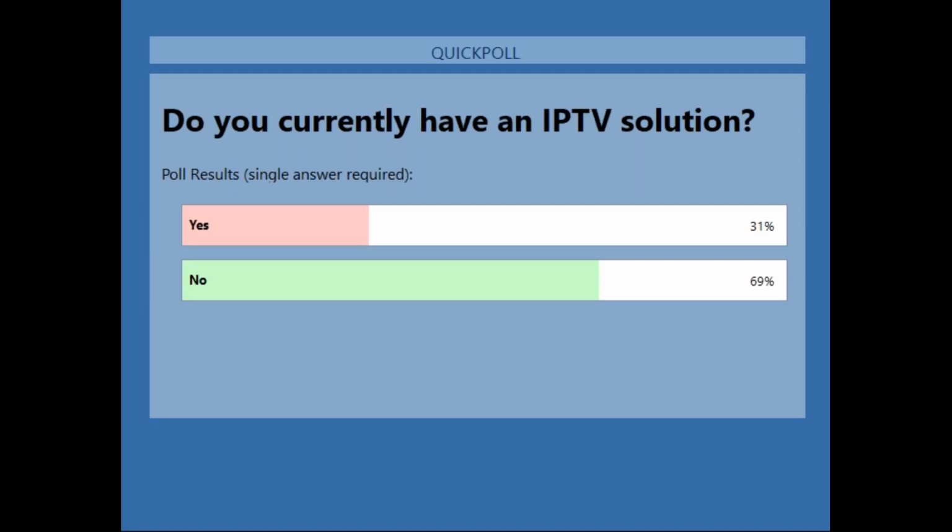Great. And this is about what I would expect, to be honest with you. So it's about a 1/3, 2/3 split. And for those of you that do, we have found in evaluations that we typically come out ahead of some of the other competitors for a variety of reasons. And for those of you that don't, I'm not surprised by that, because that's why you're on the call as well.